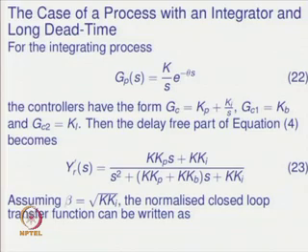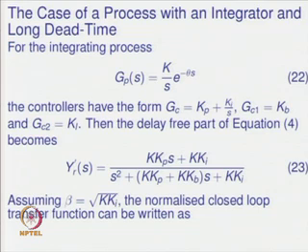Now, we will go to the case of a process with an integrator and a long dead time. Earlier, we have handled the control of unstable processes. Now, we go to the case of a process with an integrator and large time delay. For the integrating process, GP(s) is equal to k upon s e to the power minus theta s. When the controllers chosen are of the form Gc equal to Kp plus Ki upon s, Gc1 is equal to